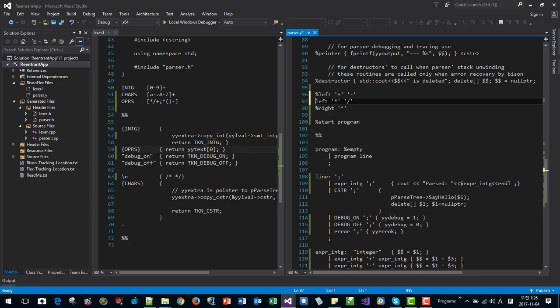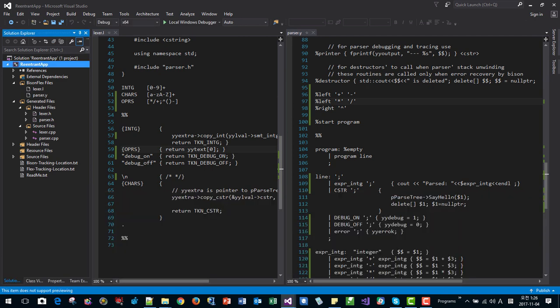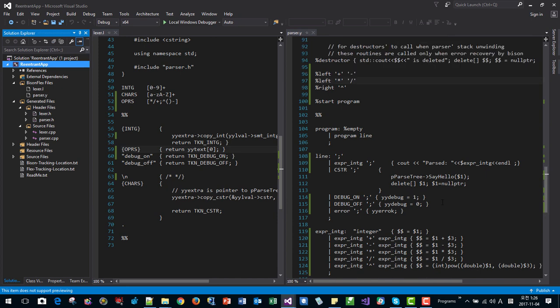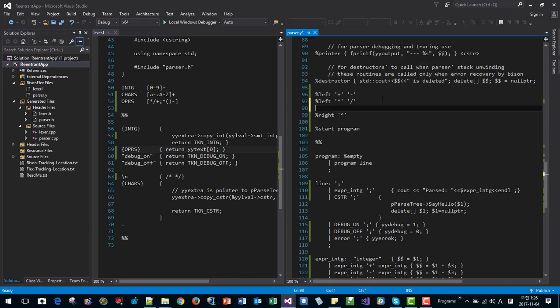Also it should be percent. Now save them. Rebuild. Okay, it's built. We made a simple calculator, but I want to add one thing more, like operator precedence